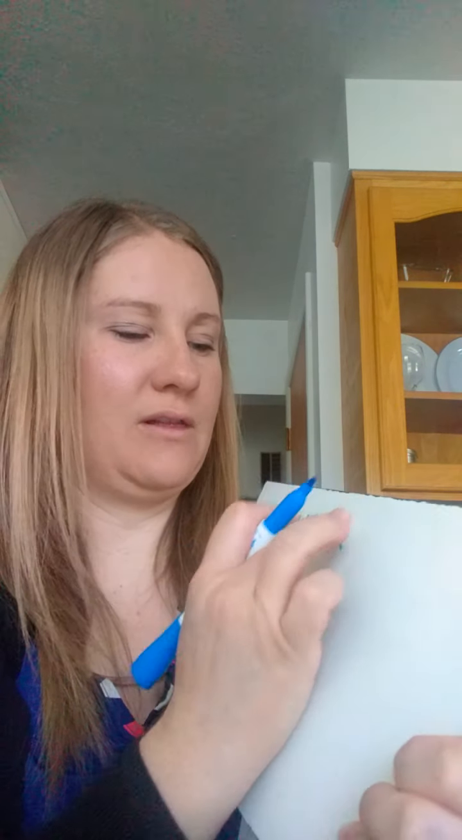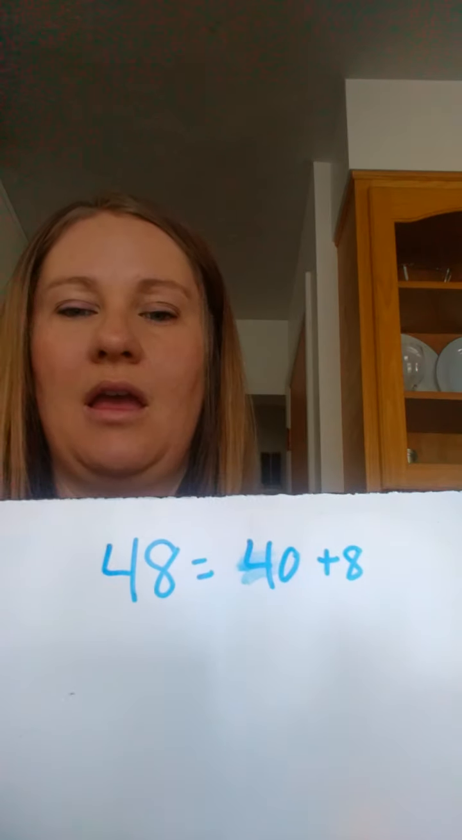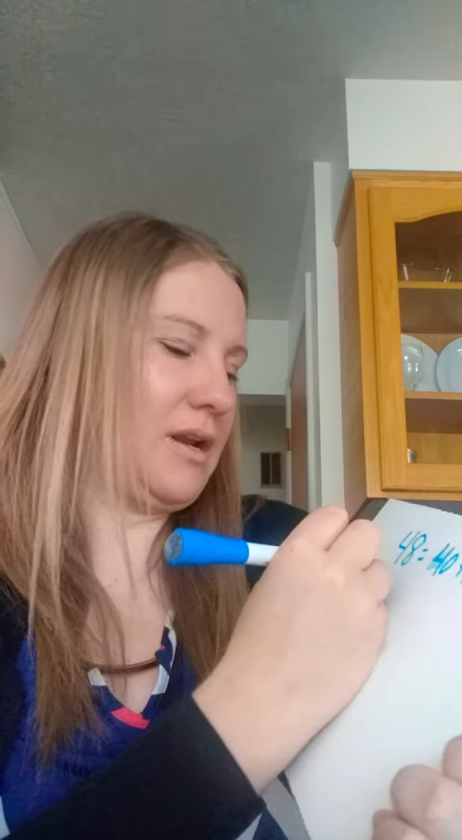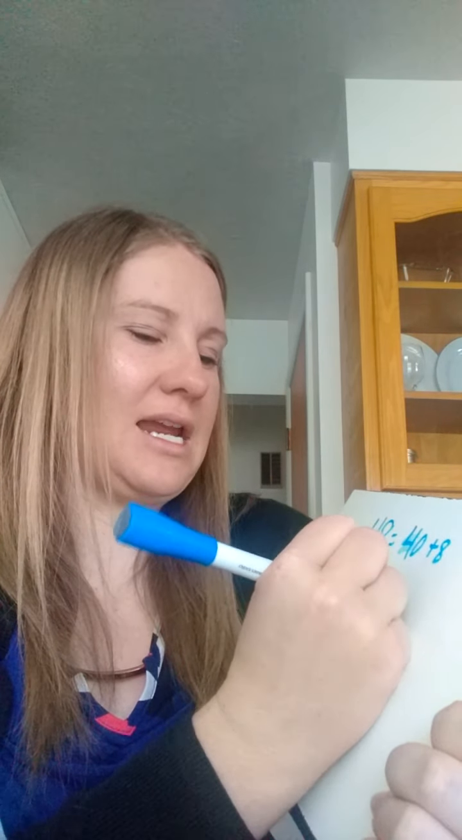Our first problem says we may write 48 as 40 plus 8. Use the distributive property to find 5 times 40 plus 8. So what it's telling us is 48 is equivalent to 40 plus 8. We know that. So if we use the distributive property to find out what 5 times 40 plus 8 is,